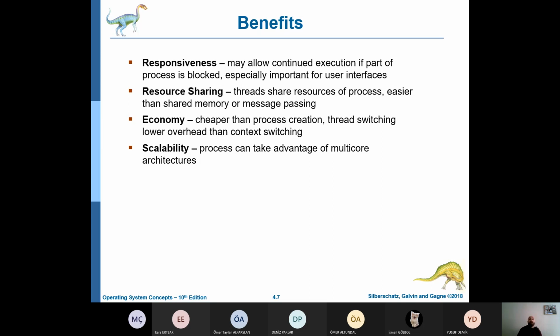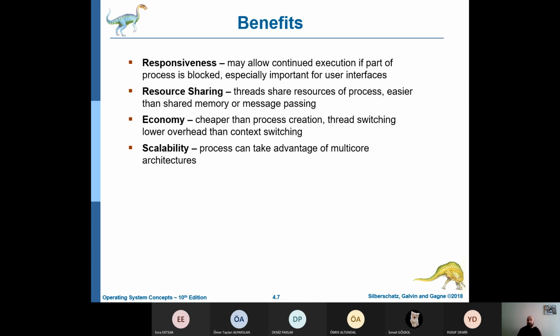İkincisi kaynak paylaşımı. Prosesler arasındaki iletişim yöntemlerinden bahsetmiştik. Hatırlayacaksınız, ne vardı? Shared memory vardı. Ya ortak bir bellek parçasını kullanmaları gerekiyordu, ya da işletim sisteminin de işin içine dahil olduğu bir message passing sistemi kullanmaları gerekiyordu. Ama threadler arasında böyle bir şey söz konusu değil.